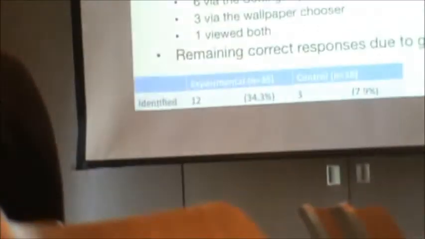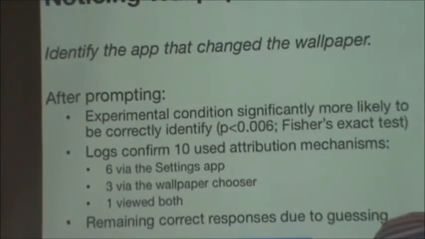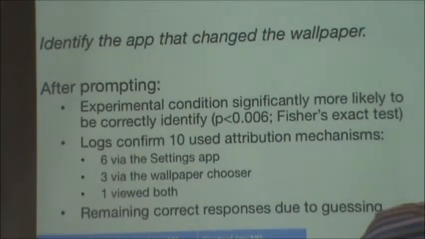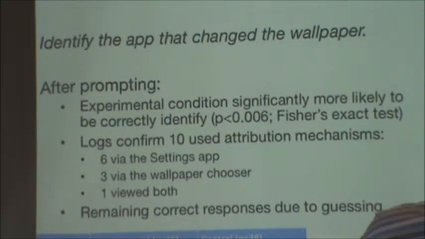And the reason for that is because they were looking at the desktop and they saw exactly when the misbehavior occurred, they were much more likely to simply say, oh, it was the widgets, blame it on the foreground app, than they were to give up and just randomly pick something.